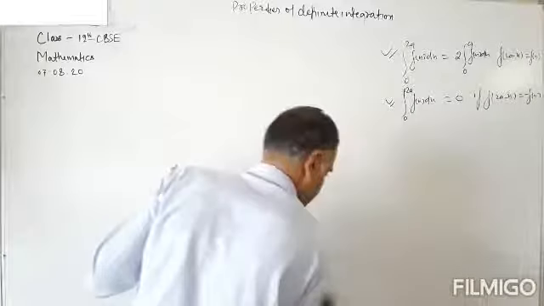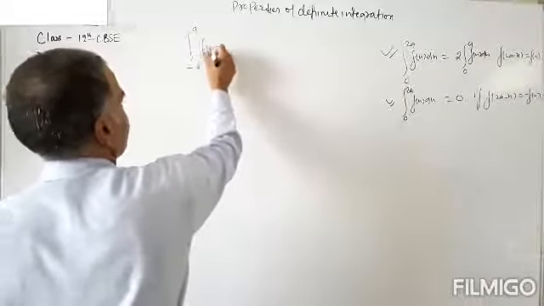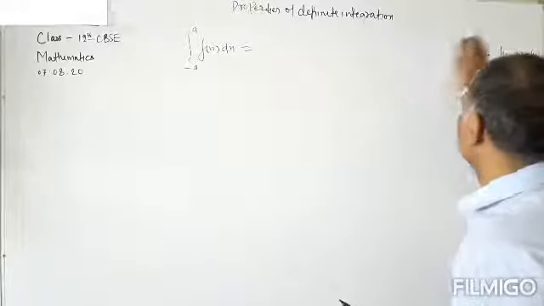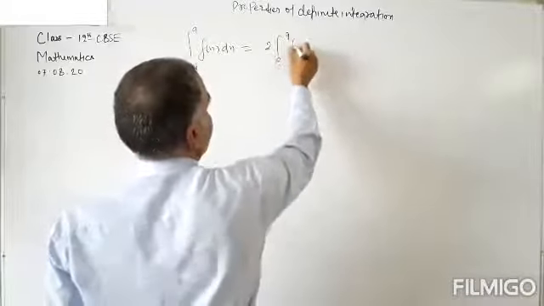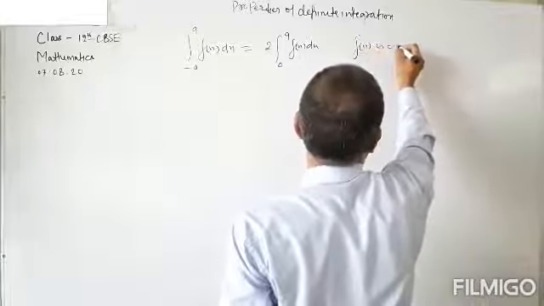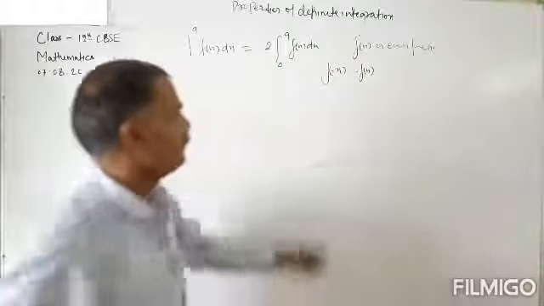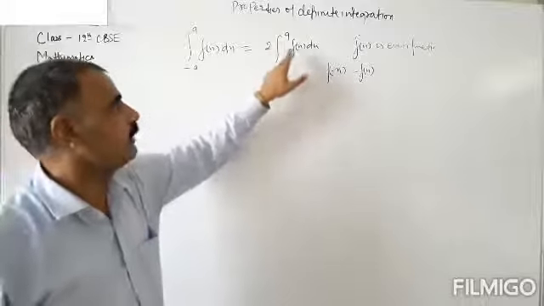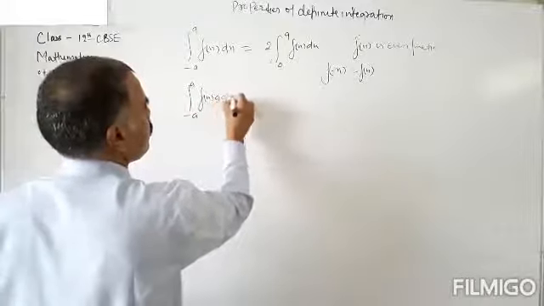Okay, so next: the integral from minus a to a of f(x) dx is equal to 2 times the integral from 0 to a of f(x) dx. The condition is that f(x) is an even function, that is f(−x) is equal to f(x). If f(−x) is equal to f(x), then the integral from minus a to a of f(x) dx is equal to 2 times the integral from 0 to a of f(x) dx, and the integral from minus a to a of f(x) dx is equal to 0